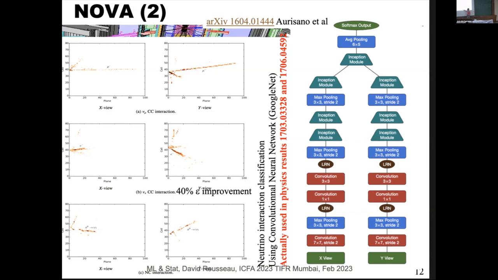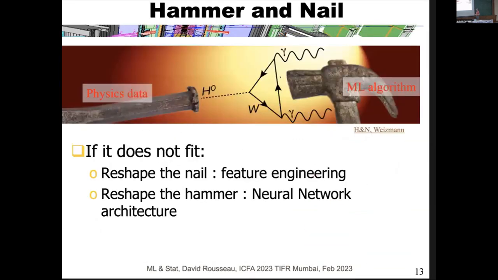Okay, they could really feed the neural network with what you see here, which is quite often, or in most cases, not what happens for the data which we have. So we have a hammer and nail problem. As you know, the saying goes that if you have a hammer in your hand, everything looks like a nail.